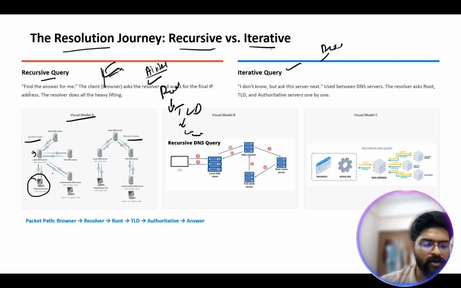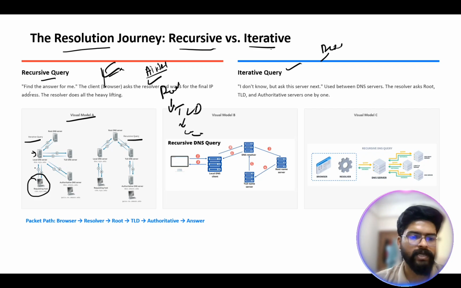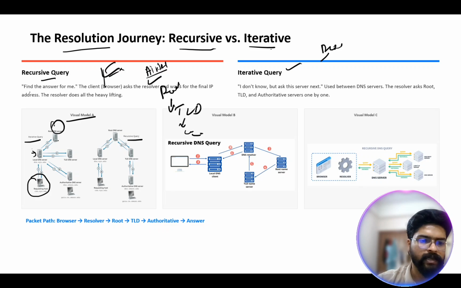For example, if you are using Airtel, Vodafone, Jio, or any other internet company, they will serve as a local DNS server. So your request will go to your local DNS server, and it will go to the root DNS, which for example is dot here. And dot will say, hey, you are visiting amazon.com or google.com, so I don't have the information. You can ask .com as a TLD for this information,